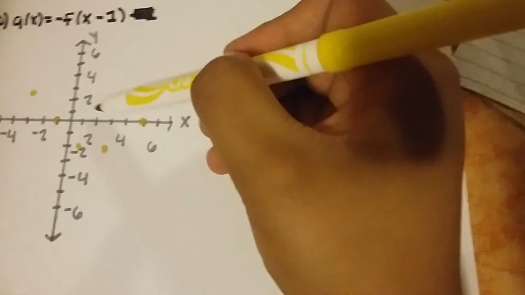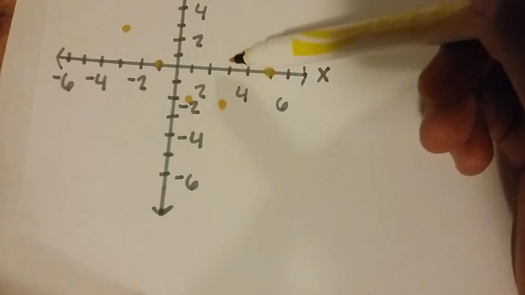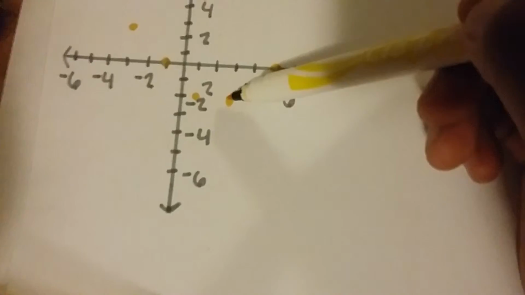Your fourth is at 2, 2. So when you reflect it, you will have it at 2, negative 2. You move it 1 unit, and you'll be left with 3, negative 2. Your last point is at 4, 0, and you cannot reflect it because it's on the x-axis. Therefore, you would just